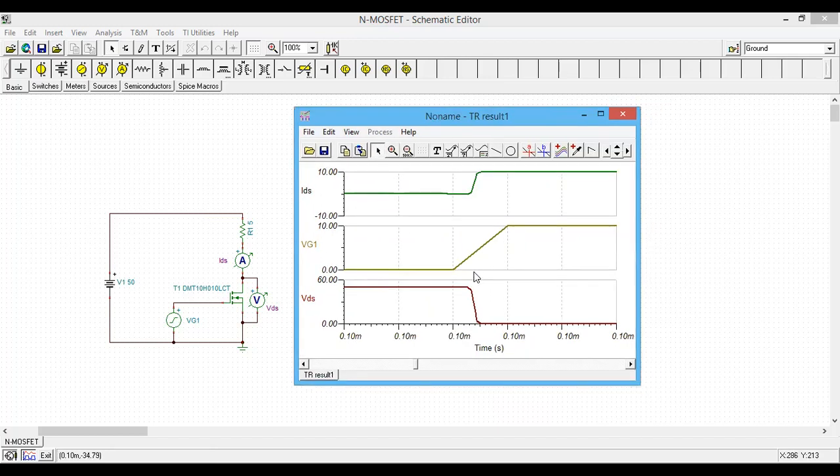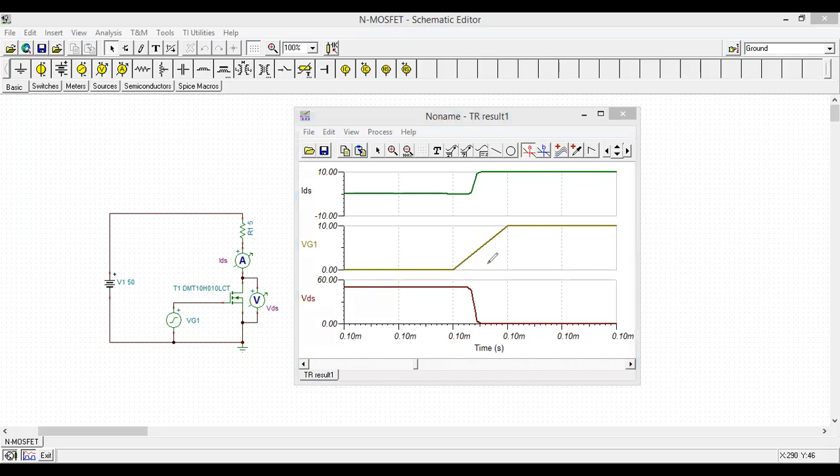Right, this is how you're going to find the turn on losses of the MOSFET. So you can see your gate signal starts from here, it takes 100 nanoseconds to reach 10 volts, right? So your drain current reaches here and the voltage drops here. During this time, there's a power loss. There's a power loss in this region. Okay, so how to get this power loss is simply,